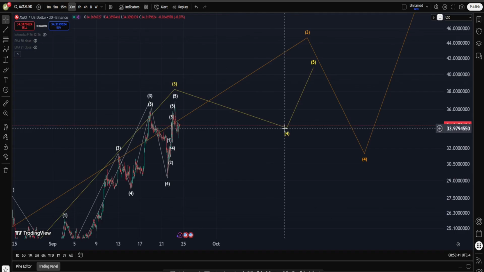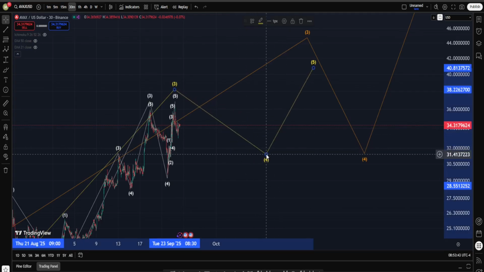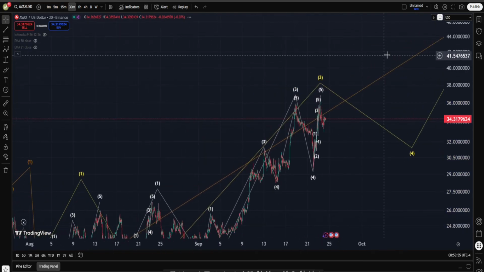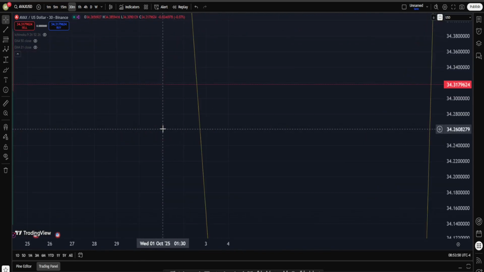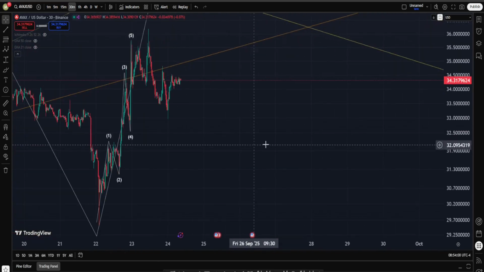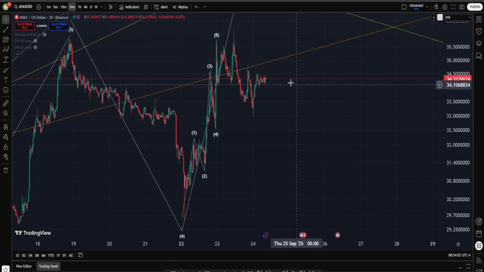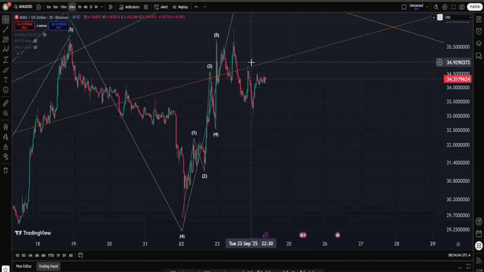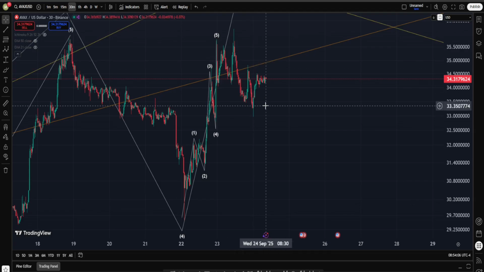Followed by that, we are going to have again a 10-day to even potentially 2 weeks of correction structure into wave 4. And once more, as you can see, the conclusion is the same. We are going to indeed have yet another good move up into wave 5. So for now, in Avalanche, let's be optimistic as long as we are not proven otherwise. And if, let's say, by the next 4 or 5 days, we see yet another strong bounce, that can be a great sign suggesting that the 1-2 scenario that I showed you earlier is in play, which is fantastic.